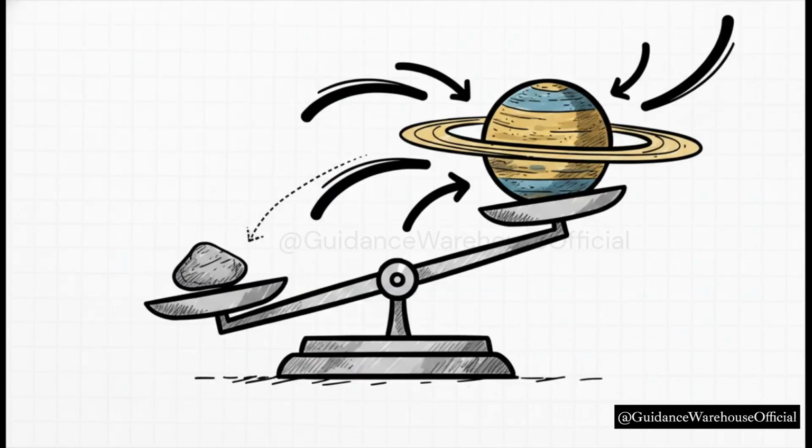And the equation that spells this out is built on 2 really core ideas. First up, the force depends on how much stuff you're working with. The more mass 2 things have, the stronger their gravitational pull is going to be. It's why a planet pulls on you way harder than a pebble does. It just has so much more mass.